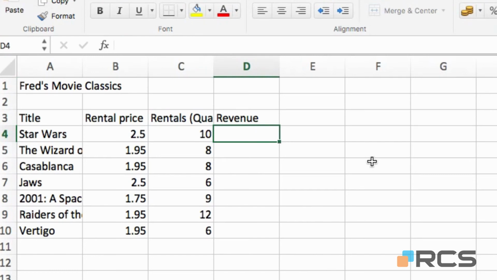So as we know by now, it's equals on the keyboard. I'm going to click on the rental price first of all, and it's going to be multiply on the keyboard, and then click on the rentals quantity. I'll just press the enter key, and I'll just use the arrow key to go back and look at that result again. So 25 is the result, and again the formula bar shows me equals B4